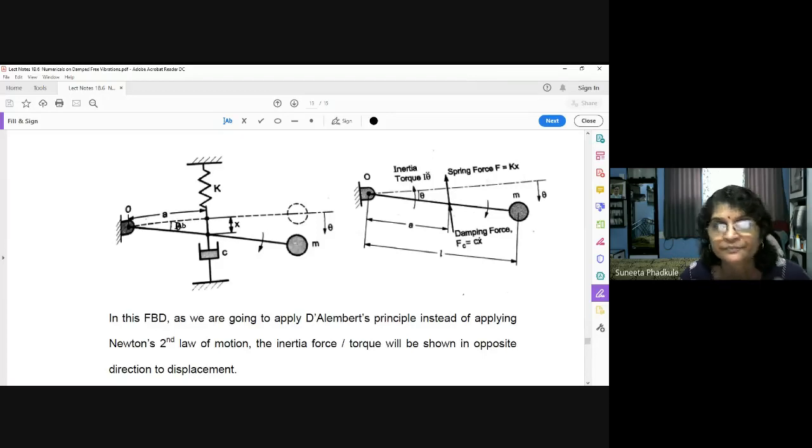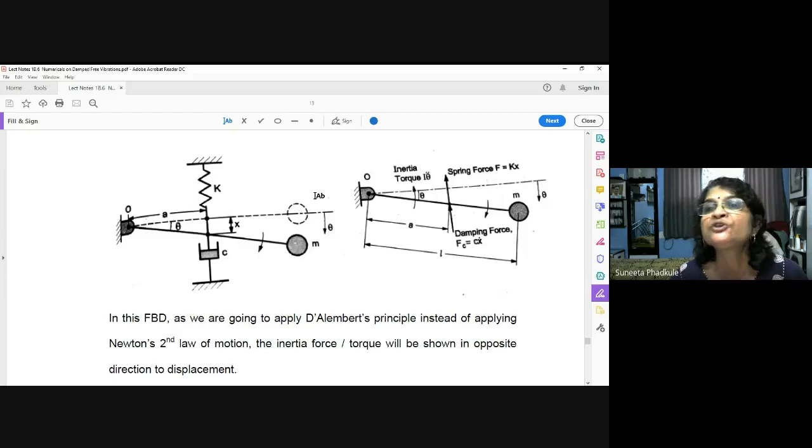You understood? Okay. Now let us move to this free body diagram. What are the forces acting here? See, this is mass M. Now, if you consider mg, you have to consider delta, say the static deflection of the spring. But I am not considering mg because I am not considering delta, the initial deflection of the spring. Anyway, those are going to be cancelled out. You know, mg is equal to k delta. So never consider the weight of the mass, because that is going to be cancelled out or neutralized by the initial deflection of the spring, that is, the spring force.